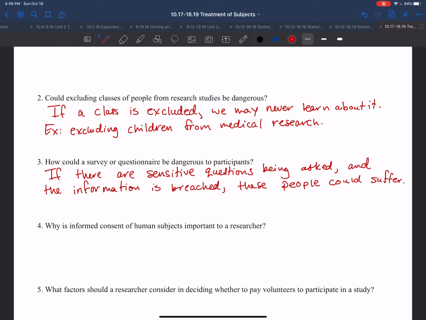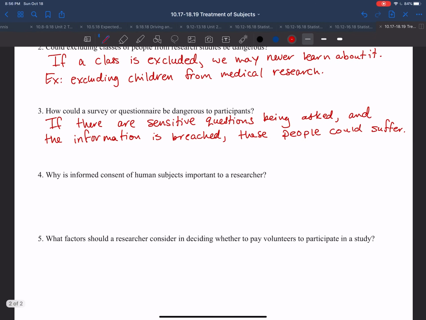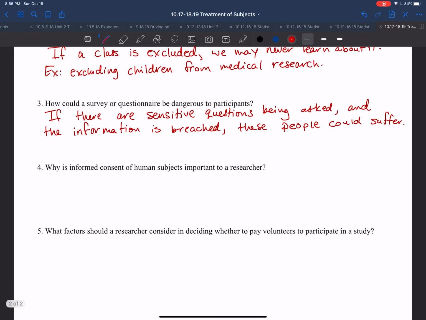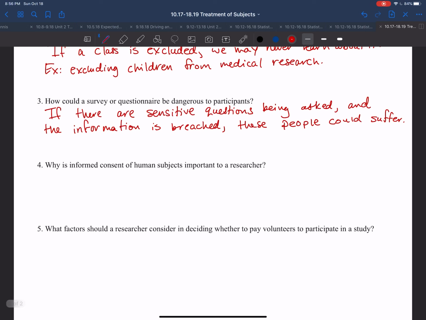Question 4 says, why is informed consent of human subjects important to research? So if you don't have their consent, you could be giving out information that they don't want out there. They just need to know the purpose of the research and what information they're giving up. So we can say they must make sure their subjects know the purpose,